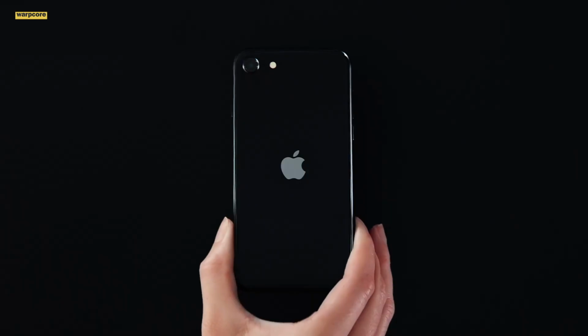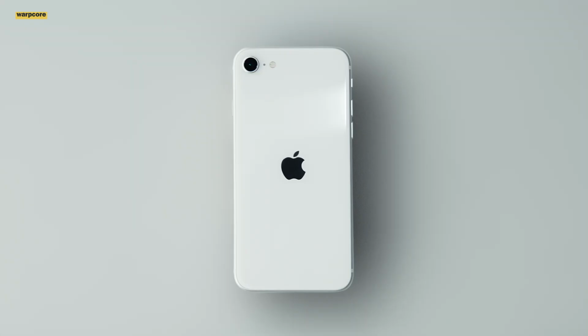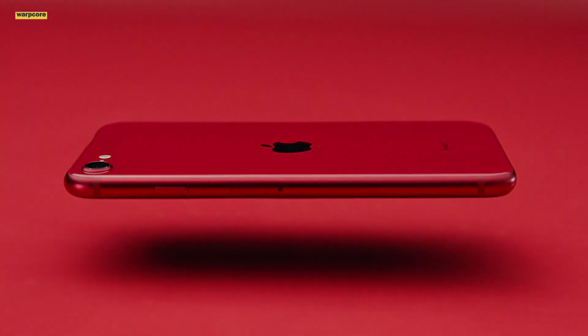So if you're like me and you go to a lot of concerts, well, not right now, probably the iPhone SE is going to make more sense because you're going to be able to bootleg your favorite performances and the audio quality is going to be much better. And while we have really spoken a lot about the hardware out here, the iPhone SE gets better camera processing